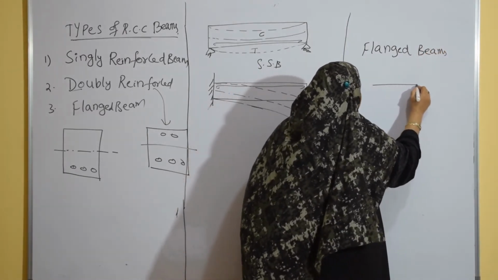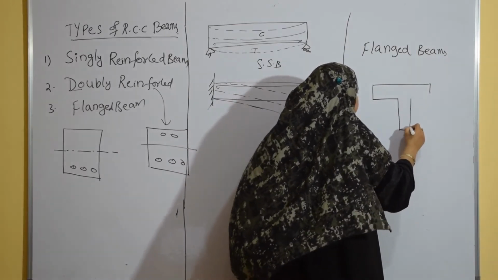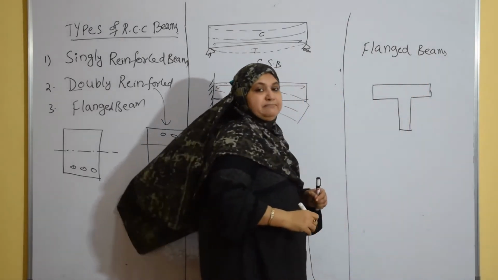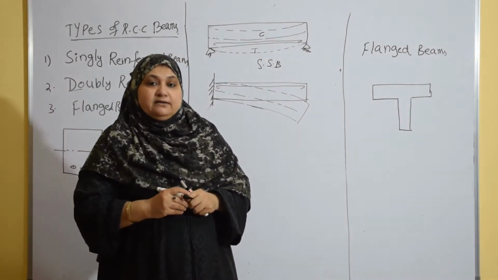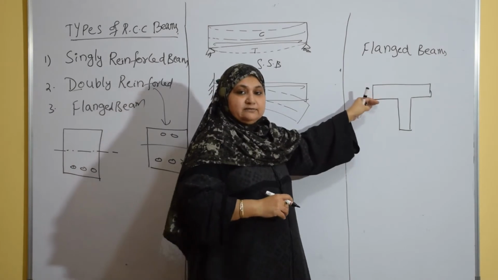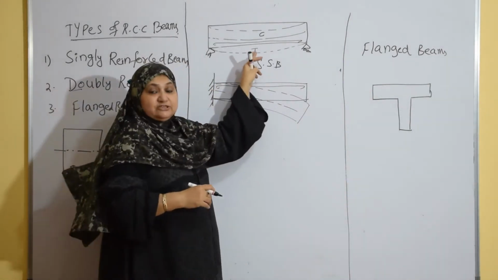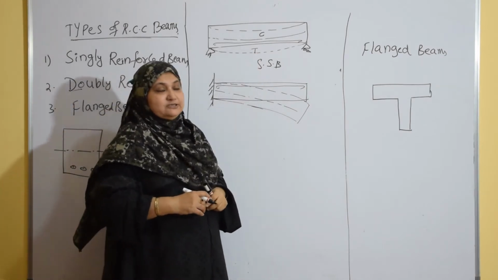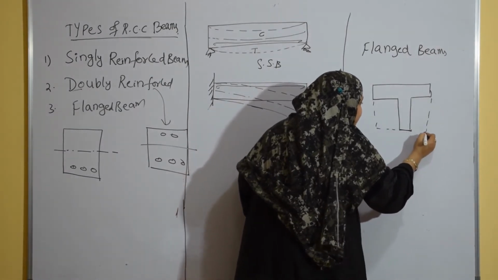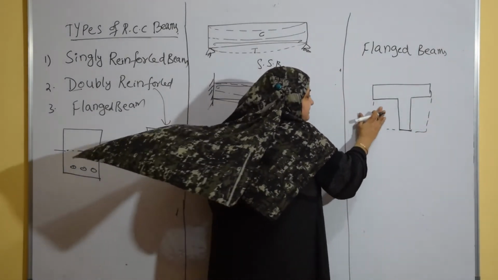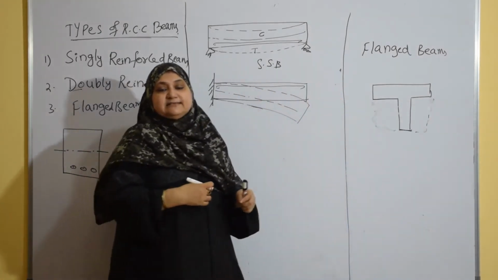One example I am showing you here. This is a flanged beam. In my introduction, if you remember, I said concrete takes up compression in the above zone. The concrete below the neutral axis, because below the neutral axis is the tension zone, there is no need of compressive forces. So this rectangle has been converted into a T-beam. Because concrete is not required, we have removed this. So now this has emerged as a flanged beam.